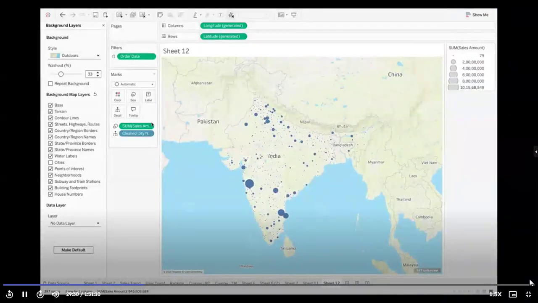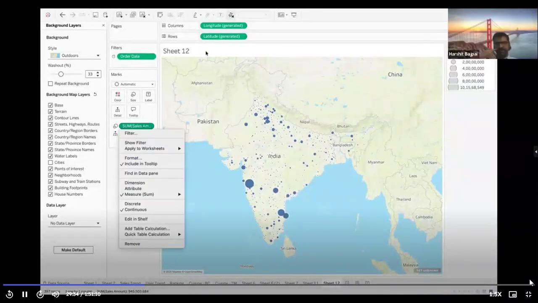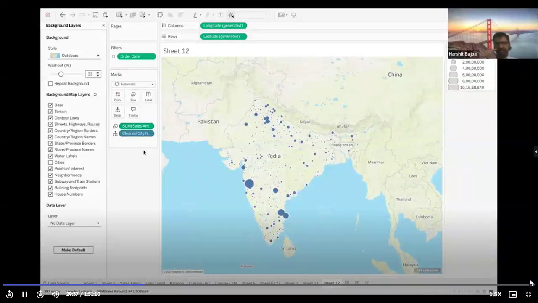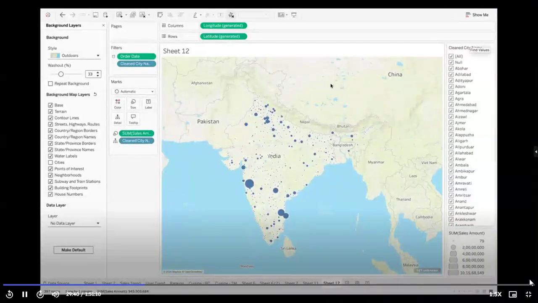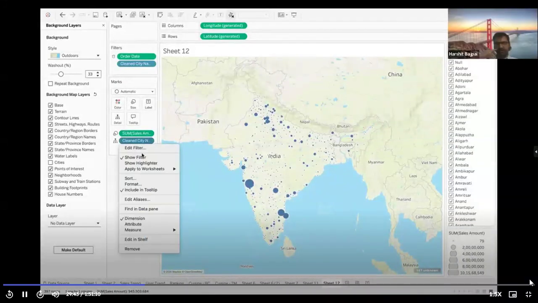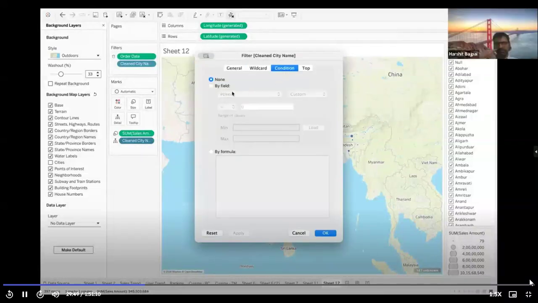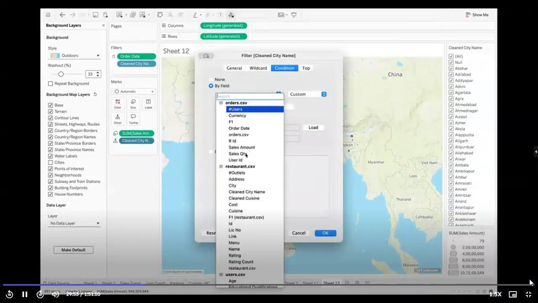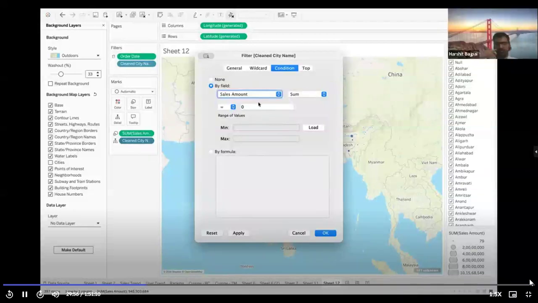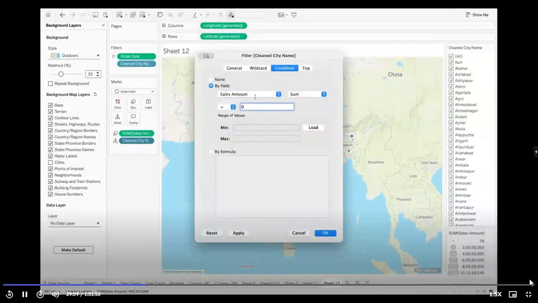So I have to go to city. You're filtering cities, right? Yes, you have to go to filter, edit filter. Condition and field: sales amount, sum. And if I want it to be greater than the average of all India,